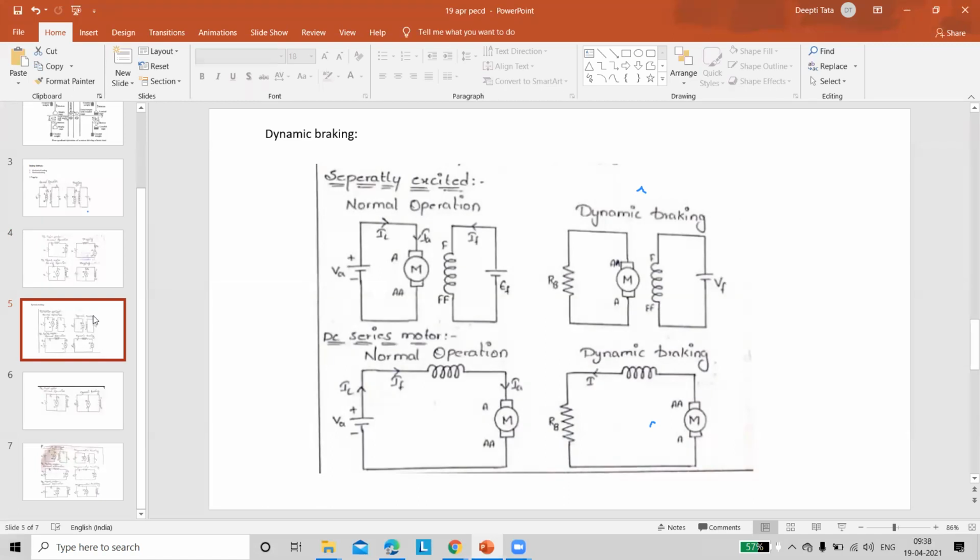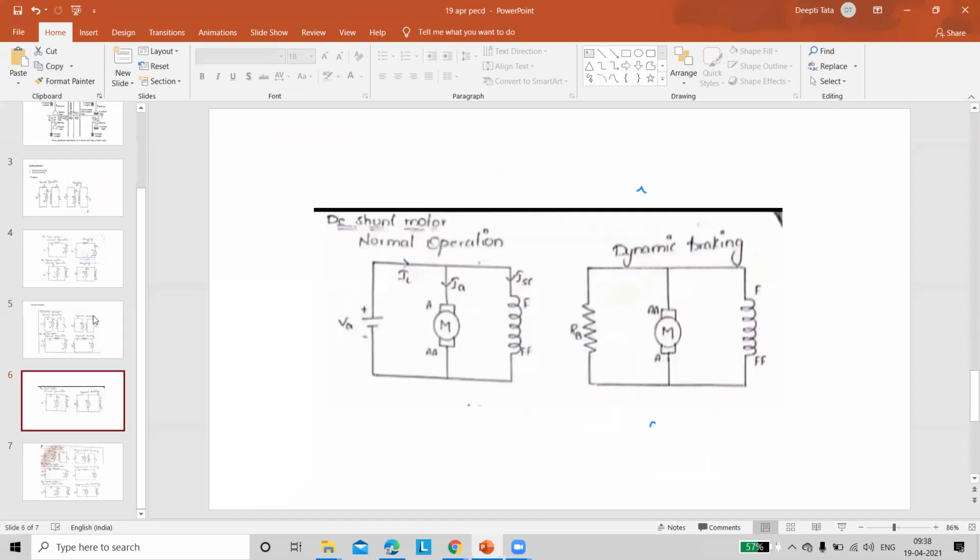So by providing this external resistance, you are going to provide the braking techniques. And in this dynamic braking, your motor does not behave like a motor. Because of this external resistance, it is going to behave like a generator in some cases. And the last one is